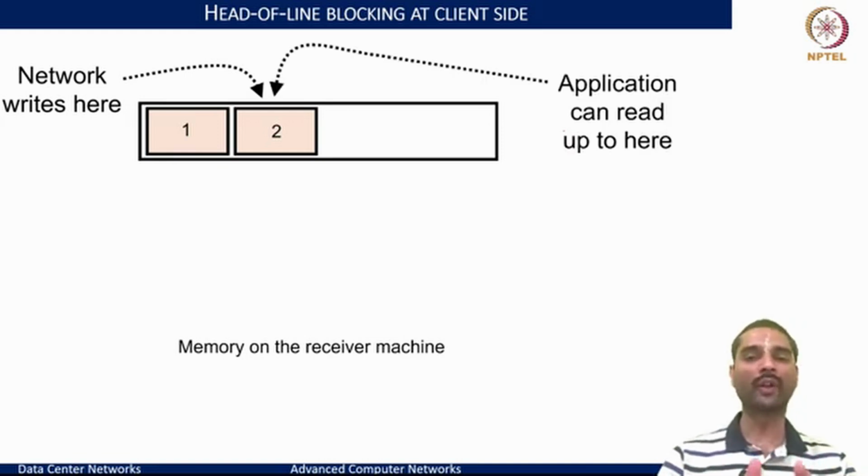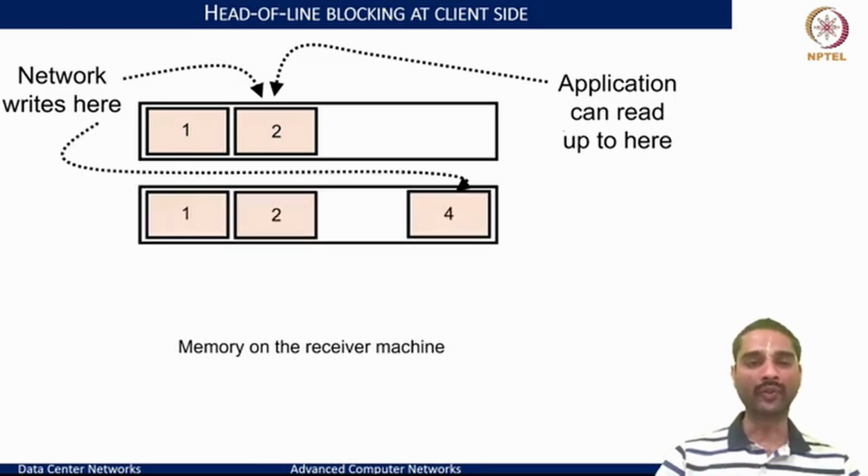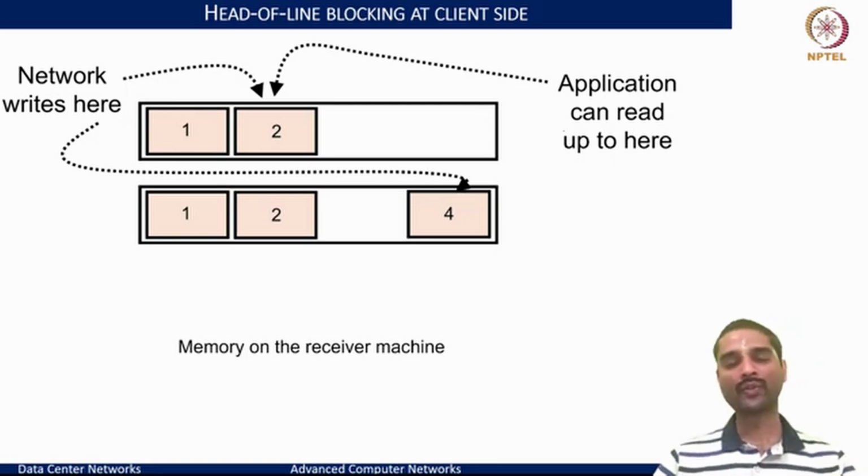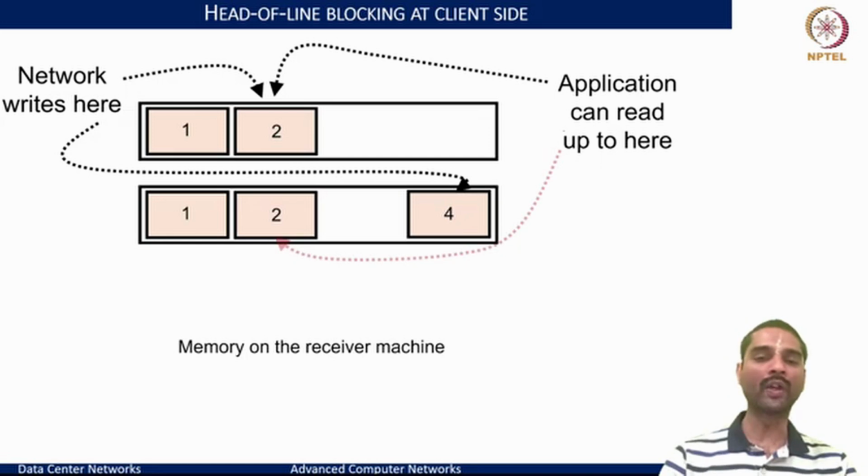But when it writes packet 1 and packet 2, on the application side of the client, you would be able to receive and read up to packet 1 and packet 2, because this is a sequence of a stream of bytes that make up the TCP packets to be read. But now suppose the network wrote packet 4 while skipping packet 3, and consider that packets 1, 2, and 4 all belong to the same object. At this point, because TCP is byte ordered reception, it would not be able to read beyond packet 2, because it requires packet 3 to even start to look at packet 4. And this is what we term head-of-the-line blocking.